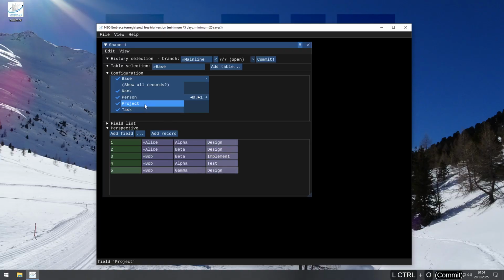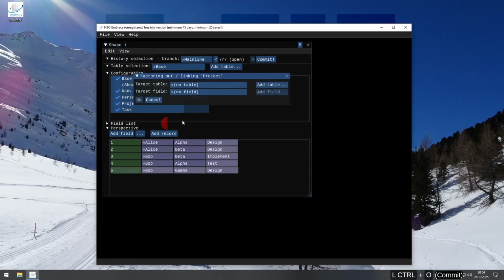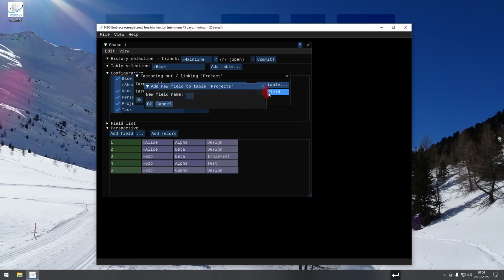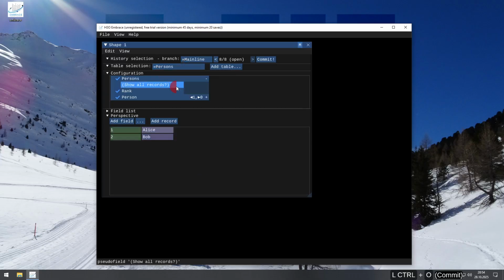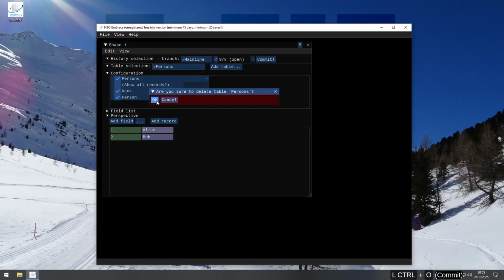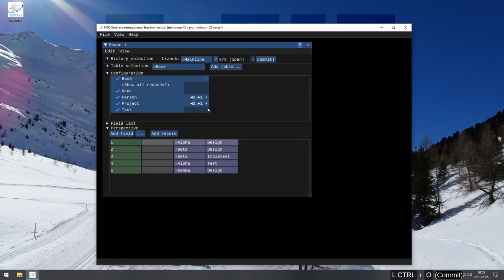We can even factor out the project, so all things we already did. Proper field, project like this, make a commit. And then if you go to the persons, for example, we can decide to scrap the full table. Are you sure? Yes, we are. We're back to base because the project is gone. We make a commit. And well, now we did quite a lot, and you see we have already 9 open